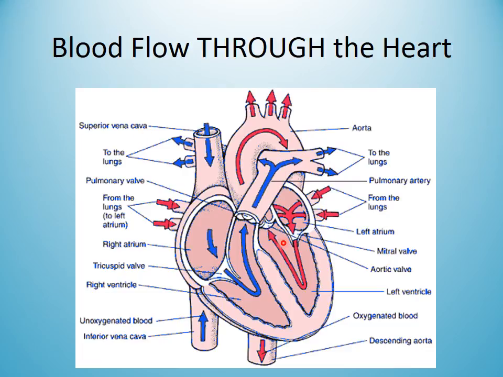Once that blood is oxygenated again, it's going to come in from the lungs. So over here, it'll come in through these pulmonary veins, and over here you'll see the pulmonary veins as well coming in, but it's all leading into this left atrium, and we have yummy oxygenated blood that's ready to feed our entire body. Once this pressure gets so high, this left AV valve will open up and dump it into the left ventricle,